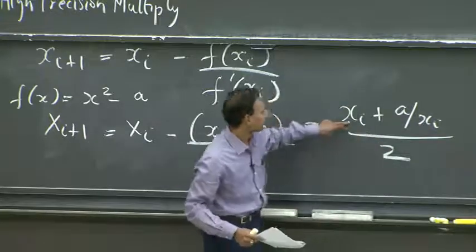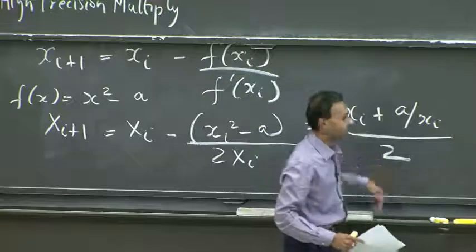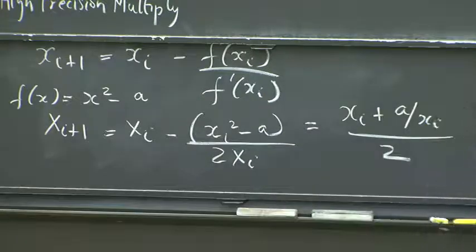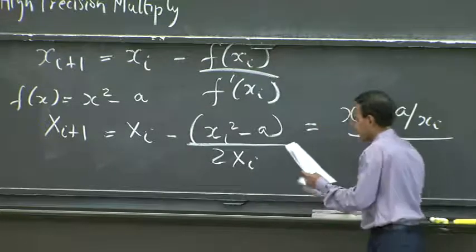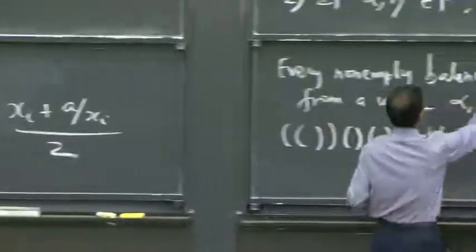If you look at this, remember that a is typically a small number. It's 2 in this case if you're computing square root of 2. It may even be an integer, maybe a fraction. But you have to do a division here. And remember that since we want to compute things to potentially millions of digits, the xi numbers are going to have millions of digits. So if you end up running this Newton method on a equals 2,